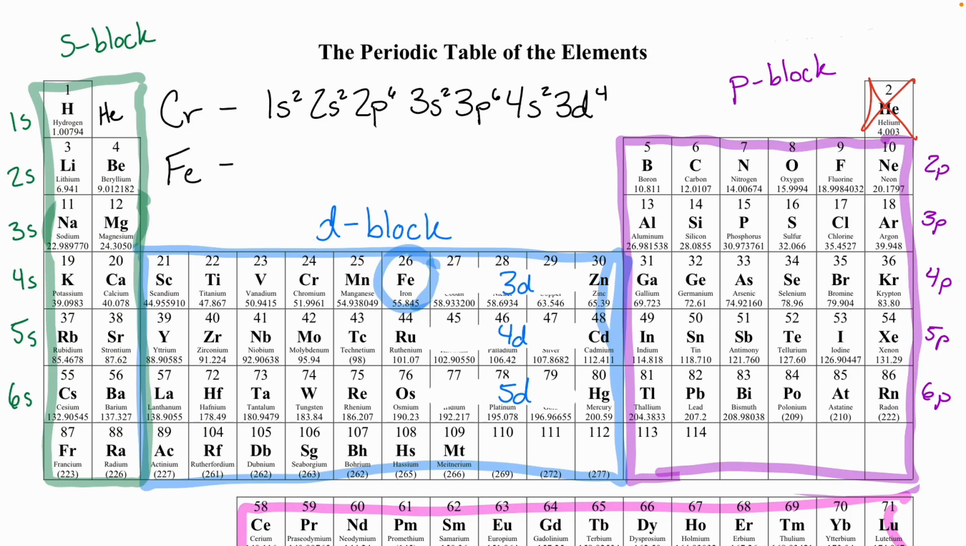All right, so iron lives in position 1, 2, 3, 4, 5, 6 in that 3D row. So 3D6, and then everything else that comes before it. And then, yes, absolutely, as was mentioned, here's my electron configuration for iron, 1s2,